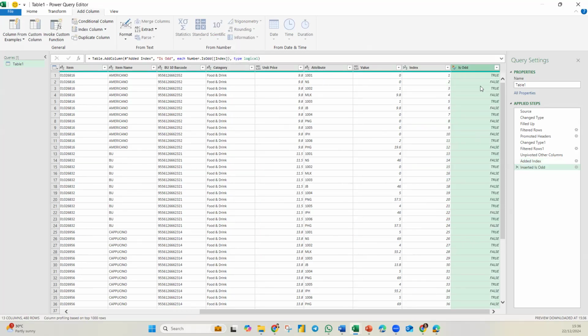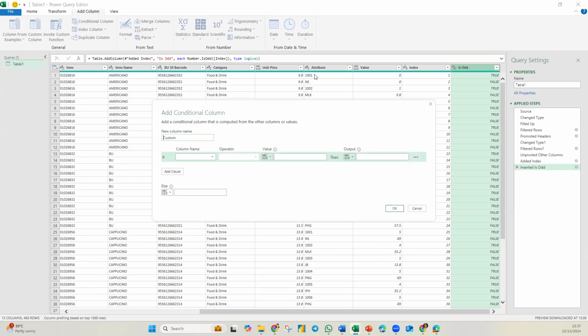So right now, what you see is 1 is true, is odd. 2 is not an odd number, so it says false. Okay, so because of that, I'm going to write my conditional column, and I'm going to pull out the data called 1001, 1002. So I say if is odd is equal to true,